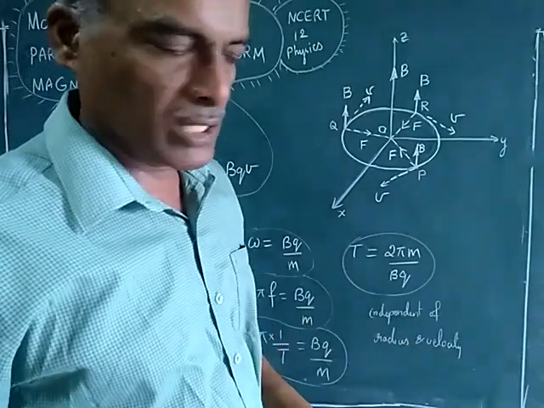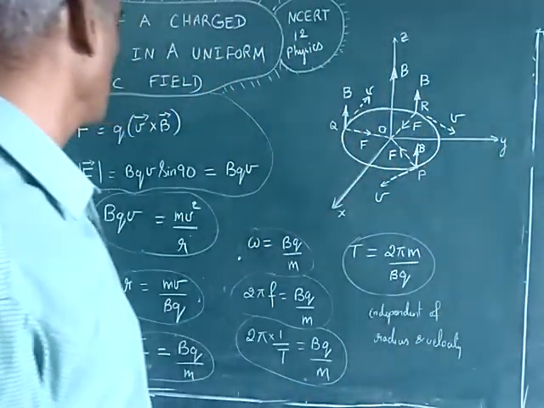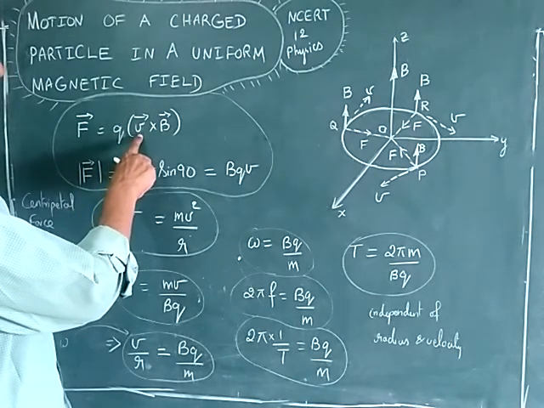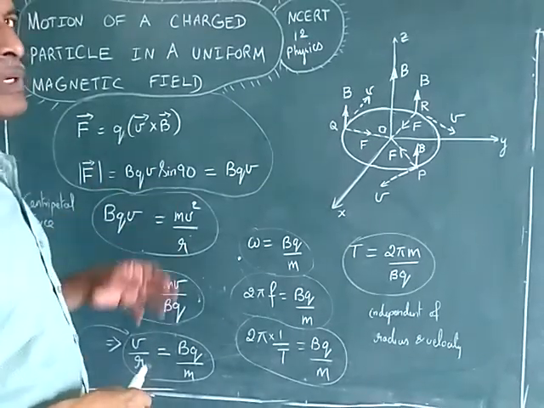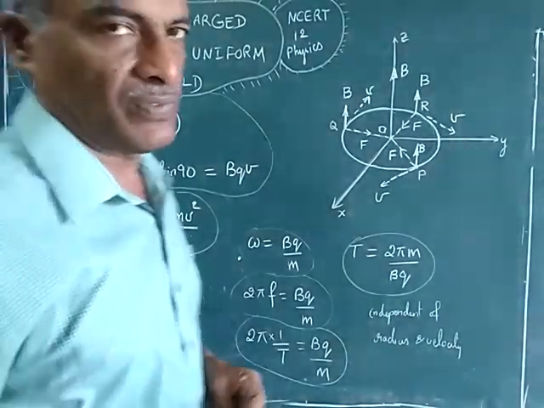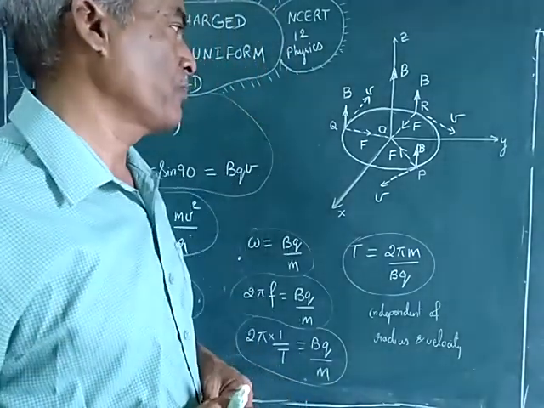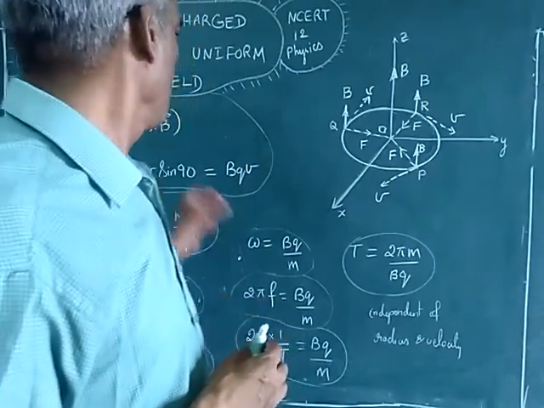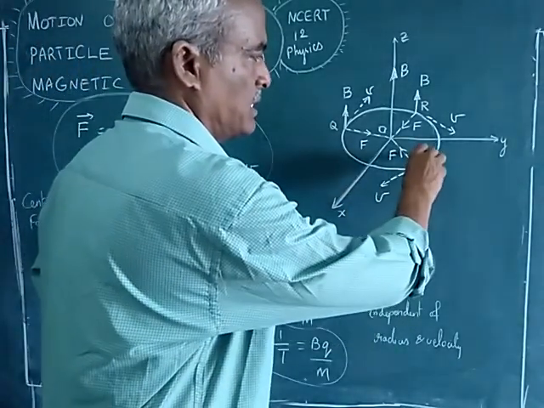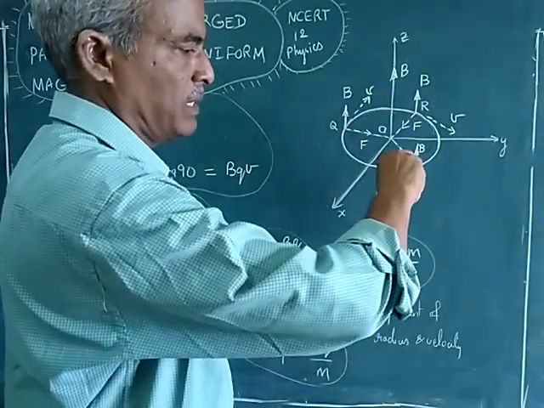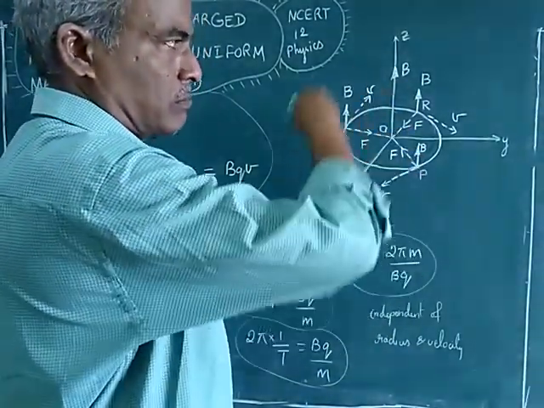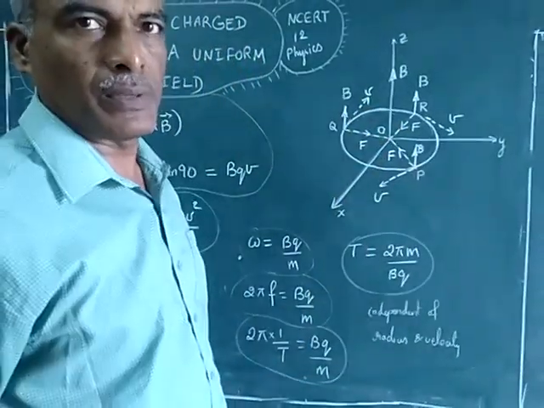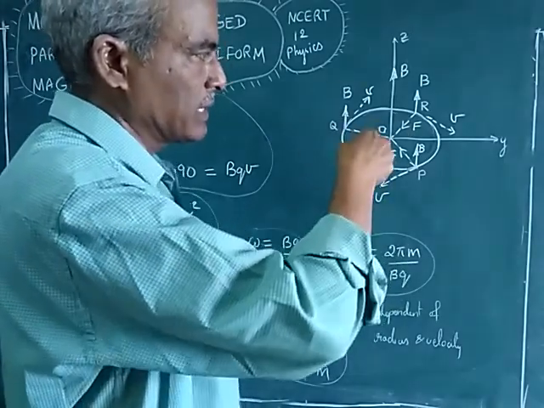So we know by the Lorentz force, the magnetic force equation: force F is equal to q, the charge, into V vector cross B vector. V vector is the velocity, and B is the magnetic field or magnetic flux density vector. Now if you see, these two are at right angles. Now V cross B means this is heading towards B. So it is clockwise, and the resultant force will be inside. That means like a screw: when you tighten a screw like this, it goes inside.